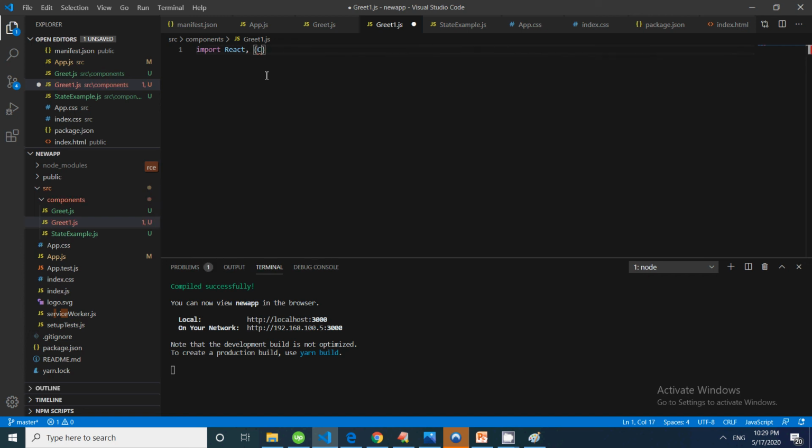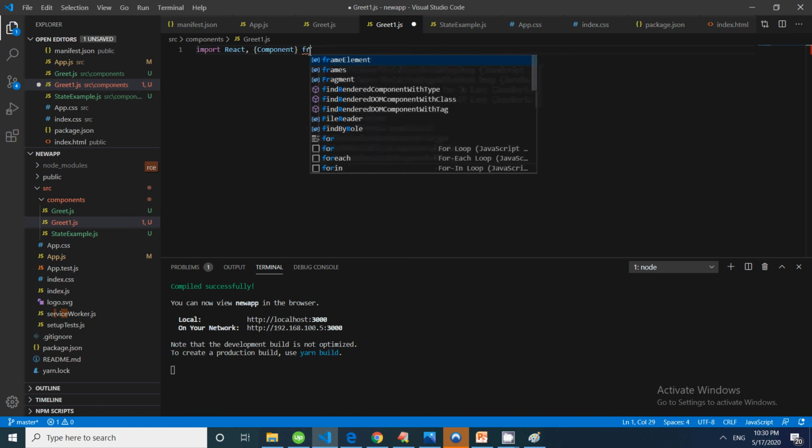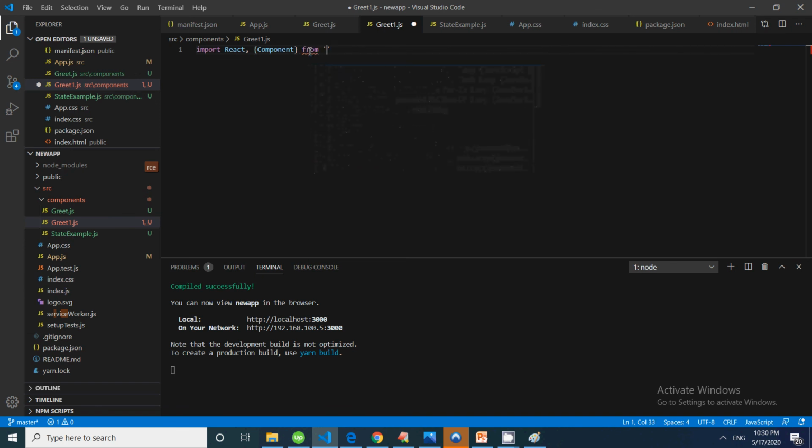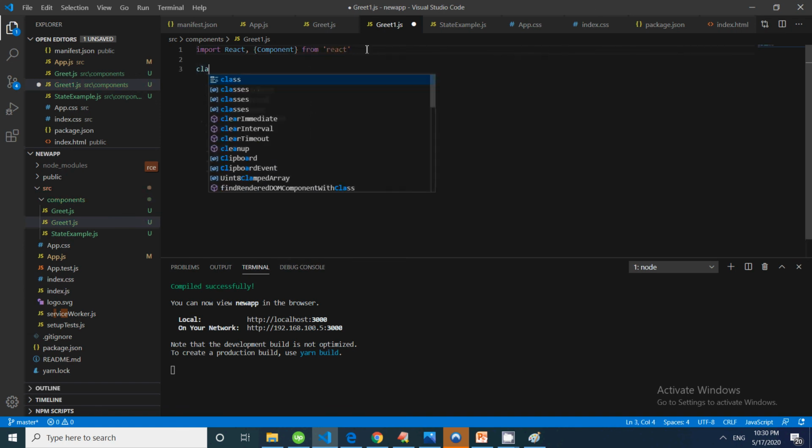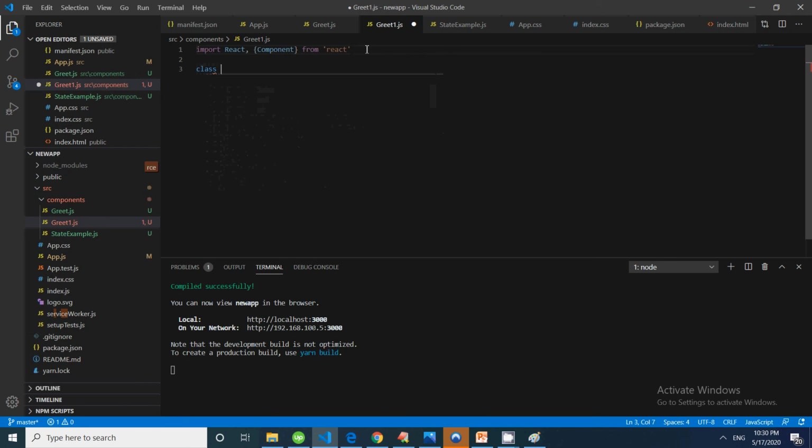These are the two things that we always import from React. Then simply create the class, the class name will be my events, and it will always extend the base class Component.